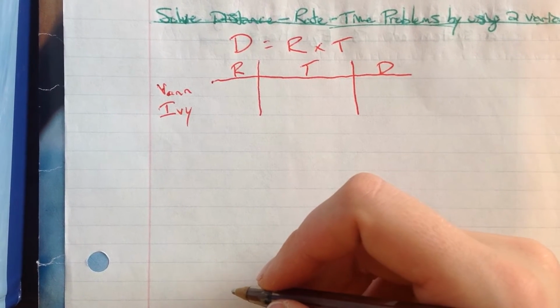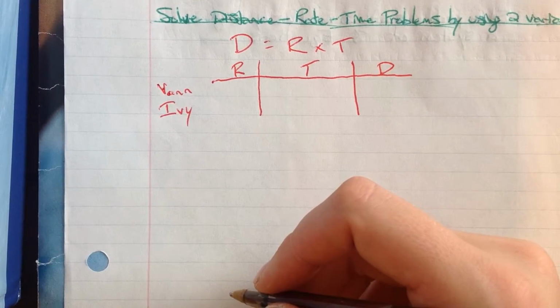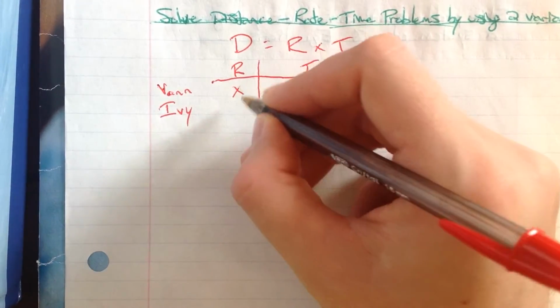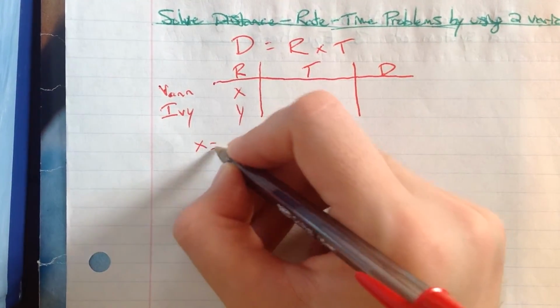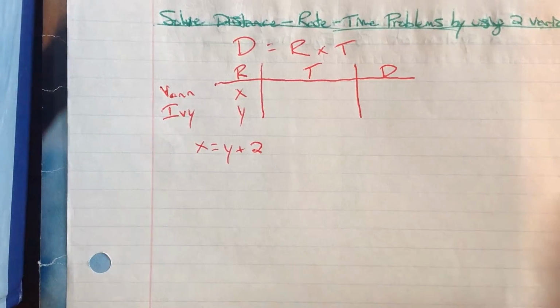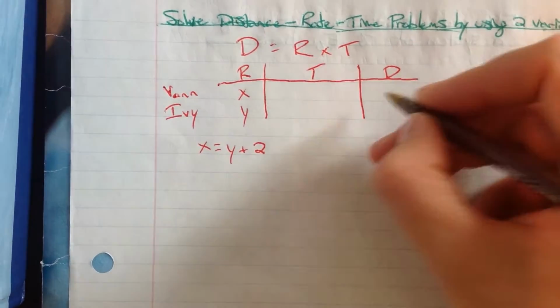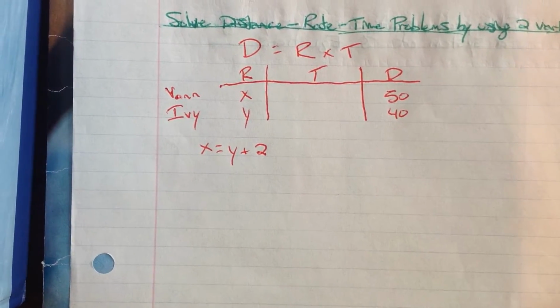We know Van's rate is 2 miles per hour faster than Ivy's. So we have these x and y rates, but Van's x is equal to Ivy's y plus 2. We also know Van traveled 50 miles and Ivy traveled 40, and they traveled it in the same amount of